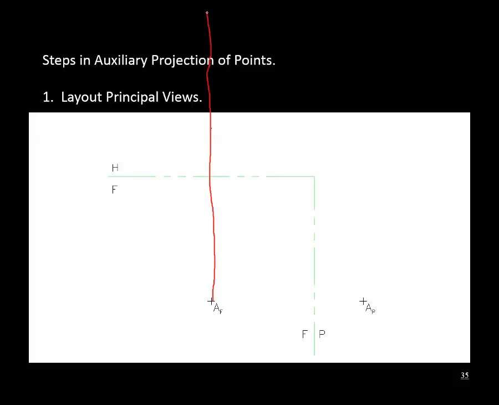And this is where we're going to use the ray. Remember I said we're going to be using the ray a lot in this class? We're going to use a ray to go from here into the next view. Then the question I'm asking is how far behind the front plane is this point? And so I'm going to go back 2 views to figure that out. I'm going to go back 1 view, 2 views, and whatever this space is, I'm going to use my offset command basically to figure out that space, and then offset this hinge up, and then where they meet, that's going to be point